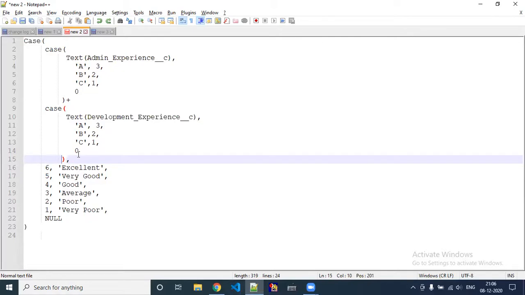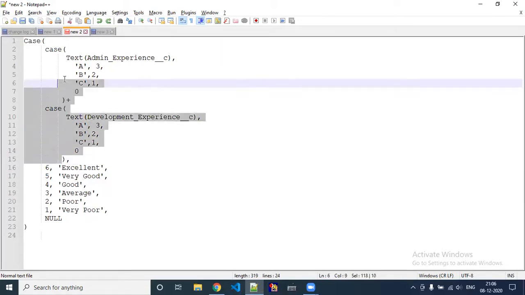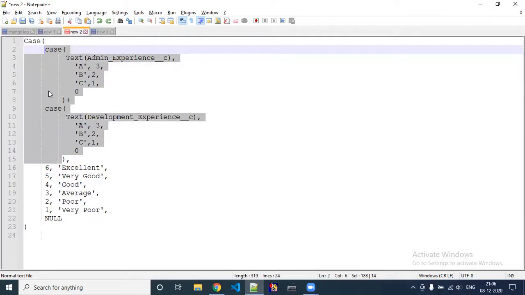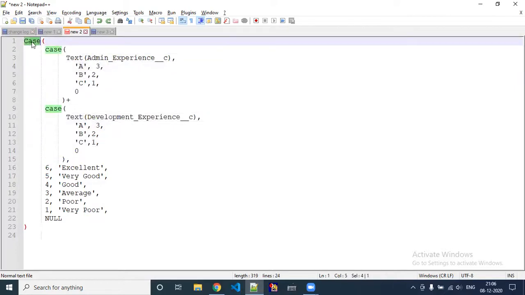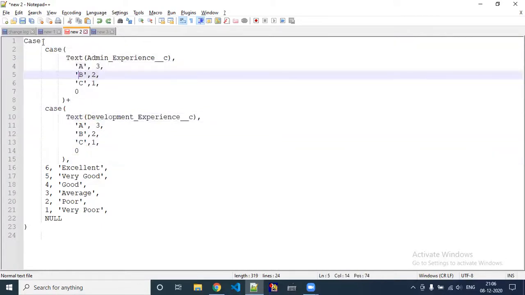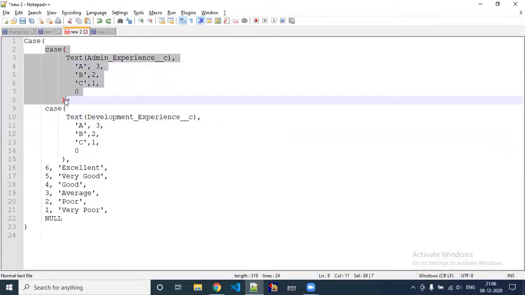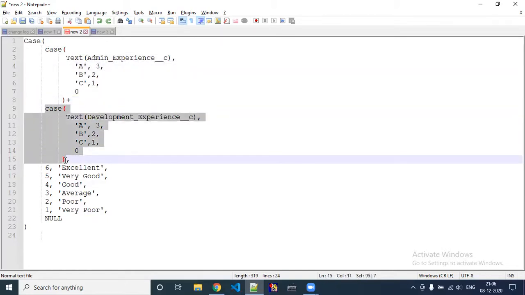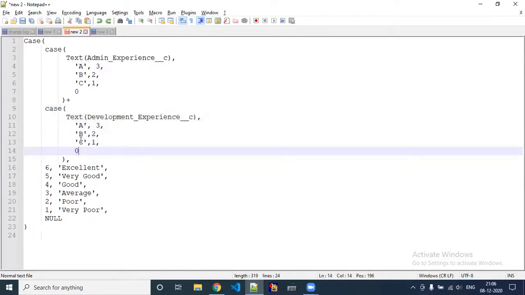After that I'll put a comma. So this one is referred to as a single picklist field for this case. You could see that this one is the resultant: whatever value is provided by this formula plus whatever value is provided by this formula. So if 3 plus 3 is 6, I'll put excellent. If a user selects B here, it will come down to 5, which means very good.